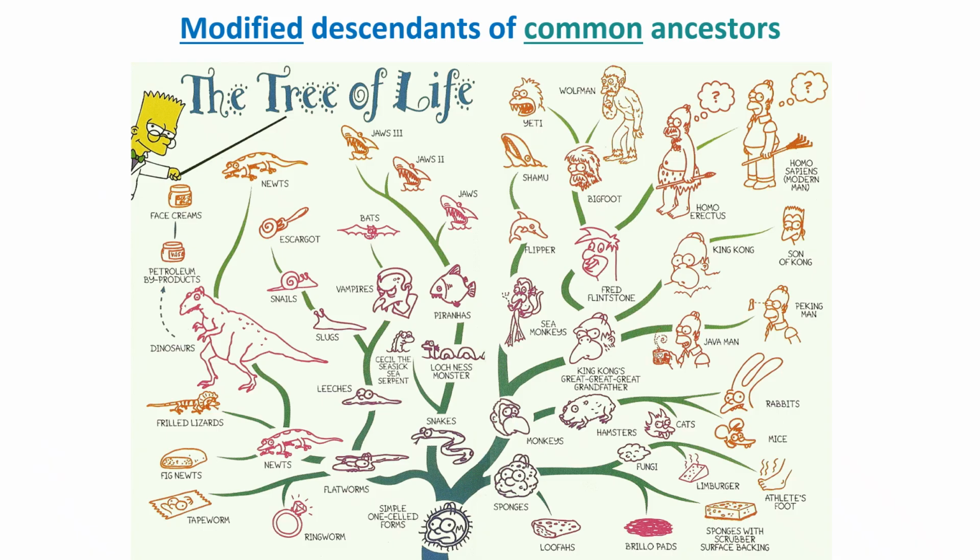So, what exactly is evolution? Well, according to Charles Darwin, the scientist that came up with the concept of biological evolution, he explained evolution as descent with modification. In other words, all life forms we see today are the modified descendants of common ancestors. So we can see in this figure here, which isn't entirely accurate, but it portrays the right idea, that different forms of life really are the modified descendants of a common ancestor, which is down here. So this is our common ancestor.